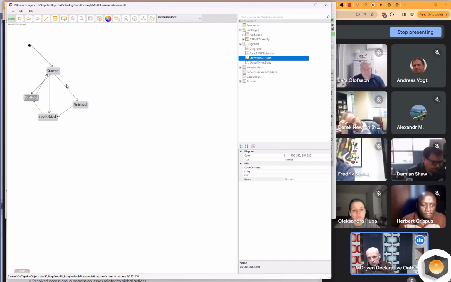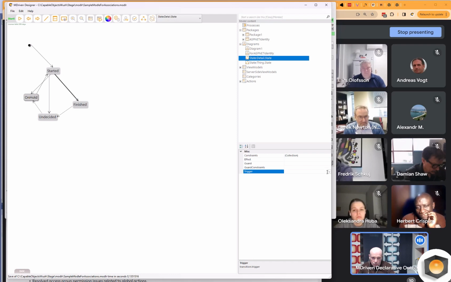So once we are on started, we want to put a trigger on this transition, move it to finished, and I can be as elaborate as I want in the naming, but I'm just gonna go with calling it what it's becoming. So I'm gonna call it finished. And there's different takes on how to name your transitions.